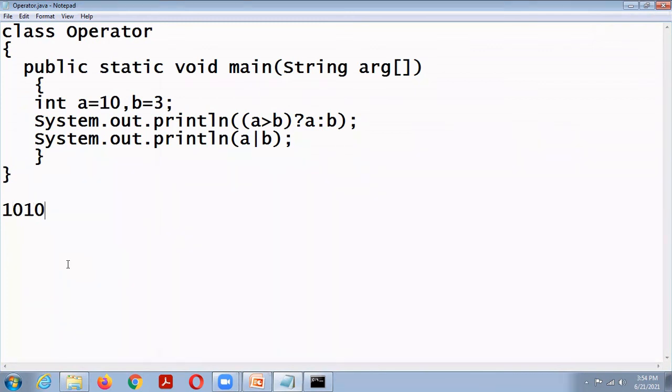So here, A right shift 1. This is A left shift 1. A right shift 1 means the last 0 will be discarded. So the output is 0, 1, 0.